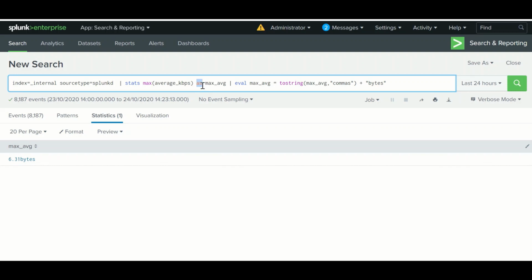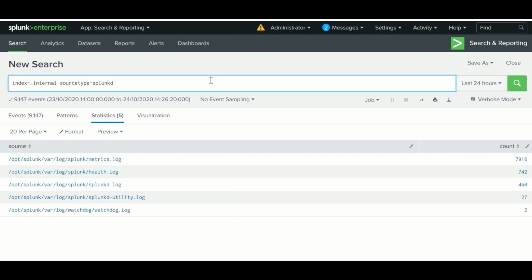Or if you want to group by, you can put it over here with by as well. This comes under clauses. So this is all about the components of Splunk search syntax.